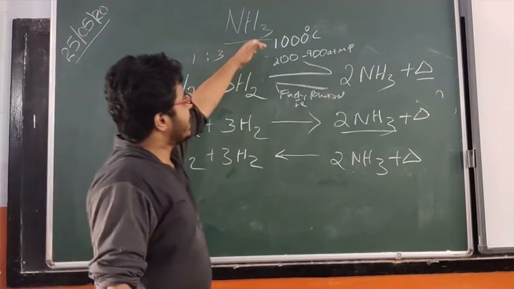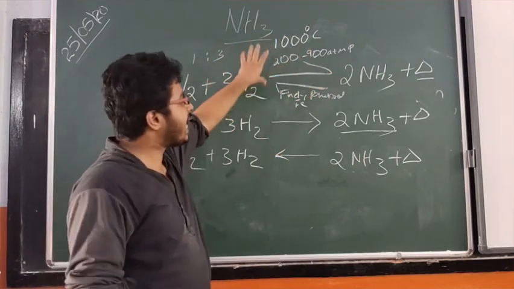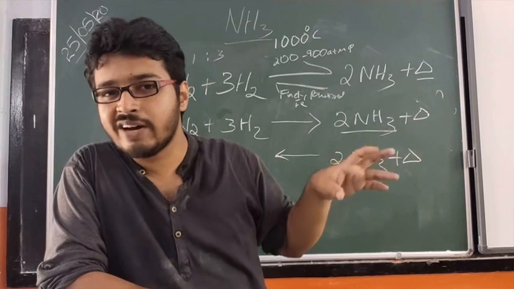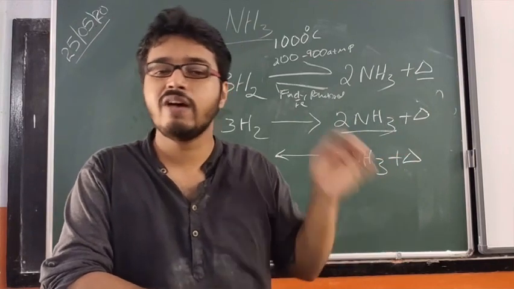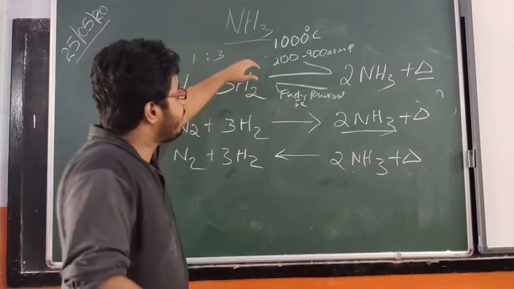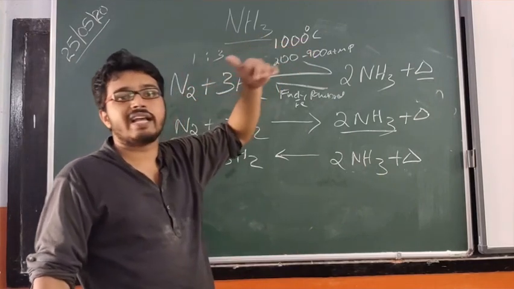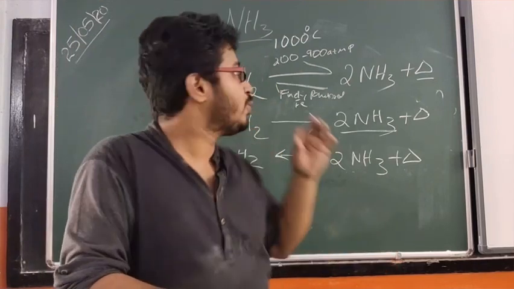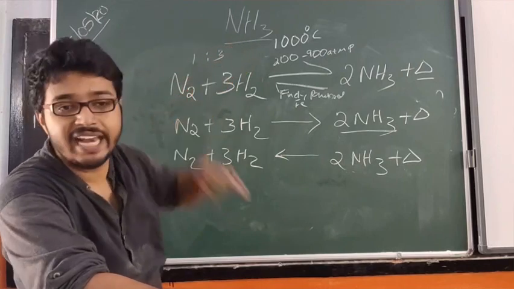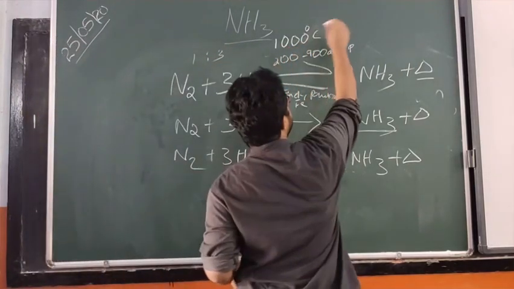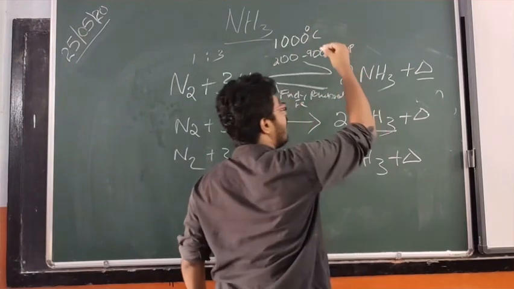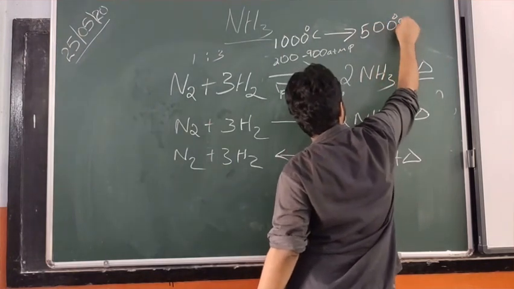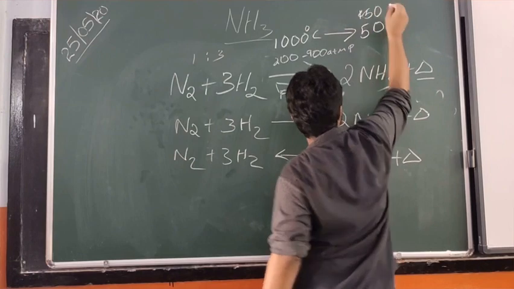In other words, if we increase the temperature of the catalytic chamber, it tries to decrease the temperature back to the optimum condition. What was the optimum case? 450 to 500 degrees Celsius. So if we double the temperature, the reaction inside the catalytic chamber will proceed in such a way as to reduce the temperature back to the initial one. After some time, it will be converted back to 450 to 500 degrees Celsius.